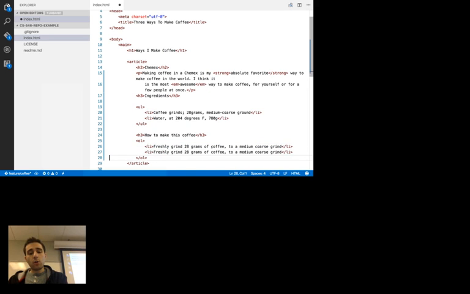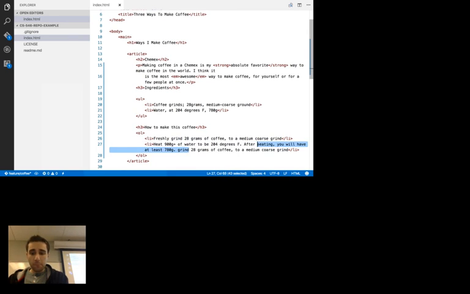The second thing that we're going to do is boil water, heat water to be 204 degrees Fahrenheit. Heat 800 grams of water. After heating, you will have at least 780 grams. So just because I'm giving you guys actual real information here, we'll just go up to 900 grams there just for some padding. Now we're going to say the next step is going to be